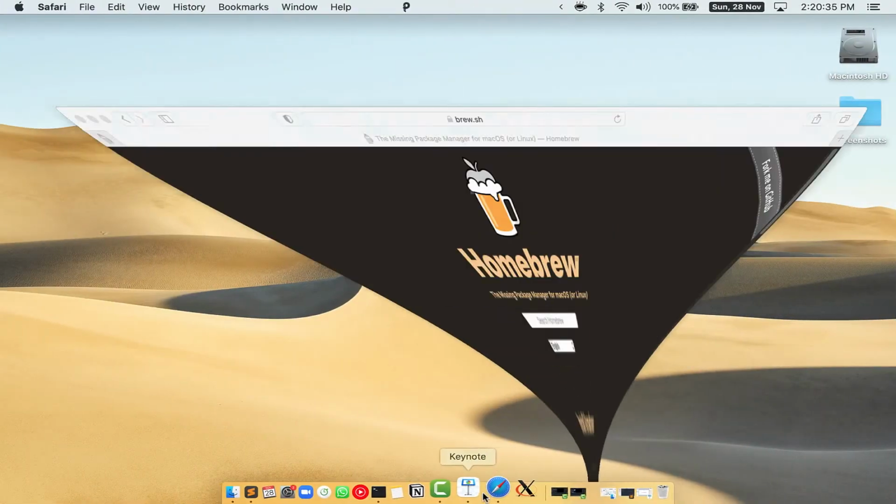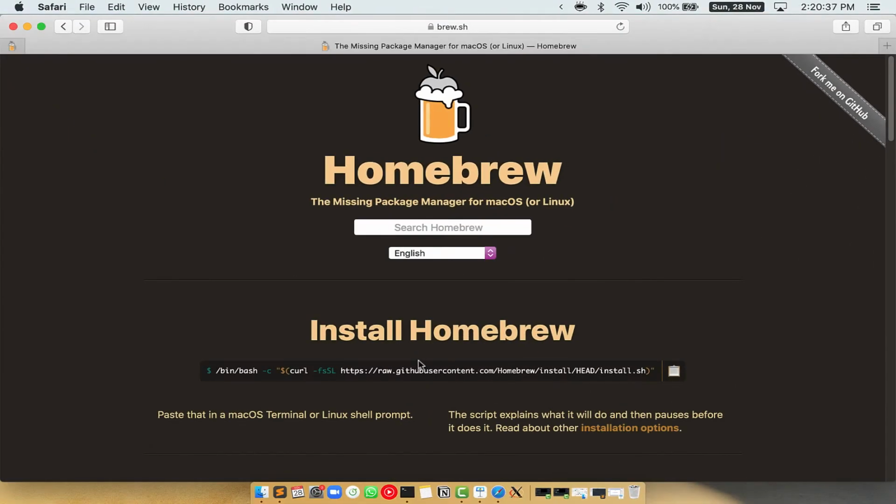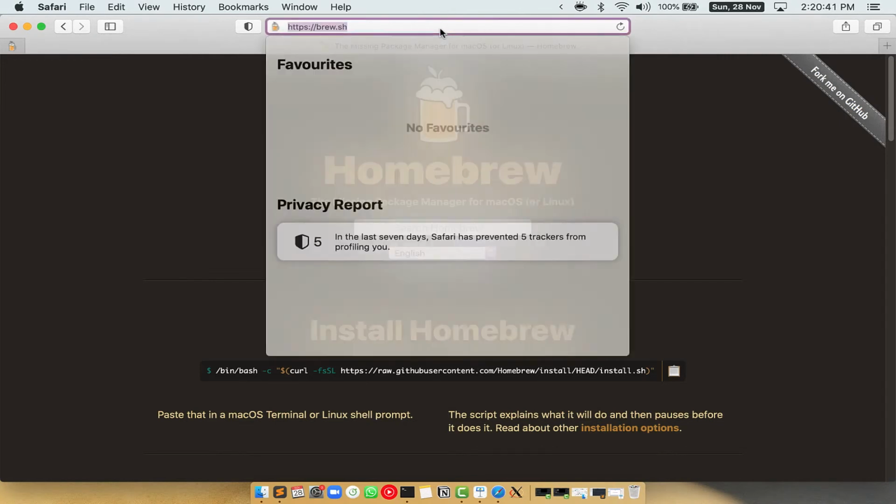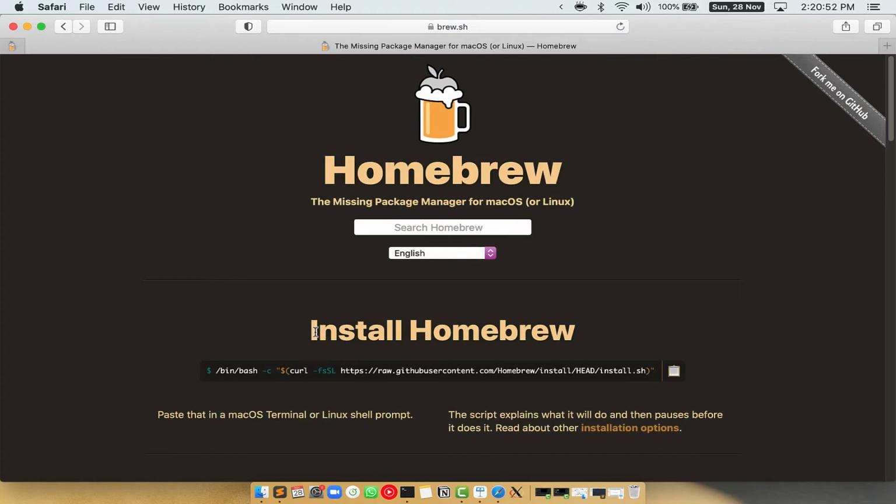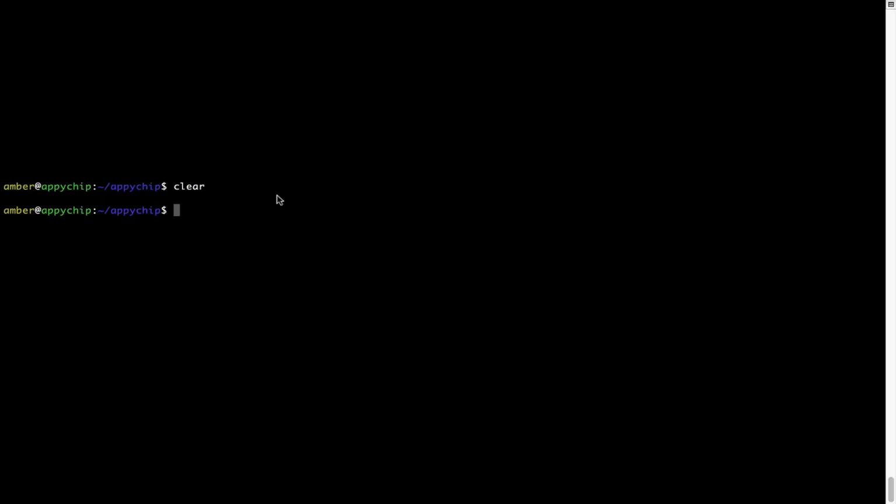Now we need to copy paste the command to install Homebrew from the Brew website. So open your web browser and simply go to the website brew.sh. Once you are on the website, you will see this section called Install Homebrew, which has a command that you can simply copy by clicking on this button over here. Once it is copied, you have to go back to terminal, right click,